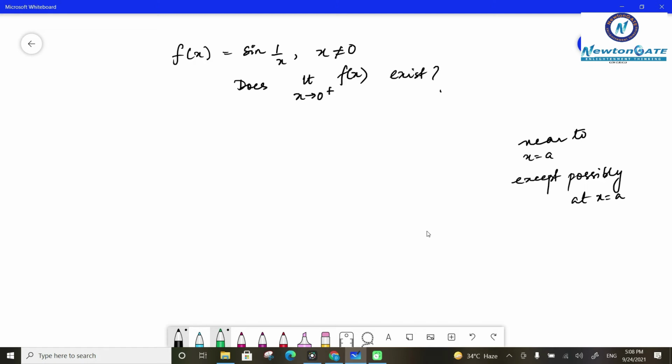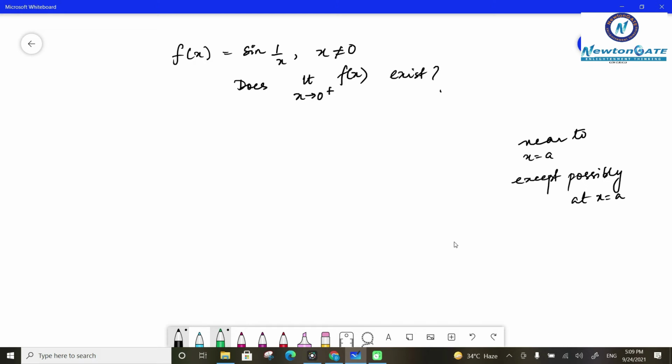In limit it is not necessary that the function must be exactly at the point I am defining, the point around which we are finding the limit. Not necessary. Okay, so I have taken the function sin 1 by x, and definitely I cannot take x equal to 0, because at x equal to 0 it will be undefined. No problem. But what do we have? A limit, right hand limit and left hand limit. That was my question. So let's see what happens in this.